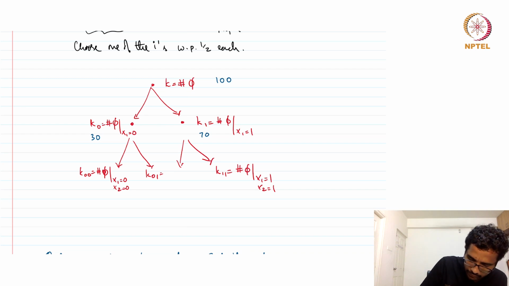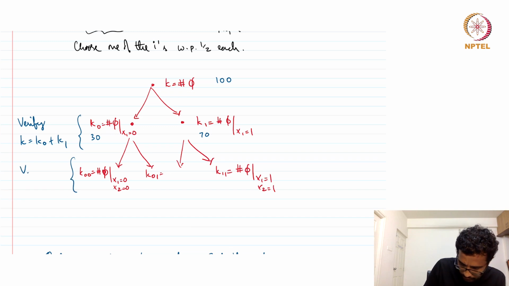Here we verify that k is equal to k0 plus k1, right, and here we verify that